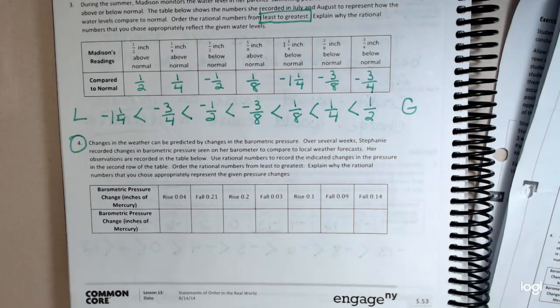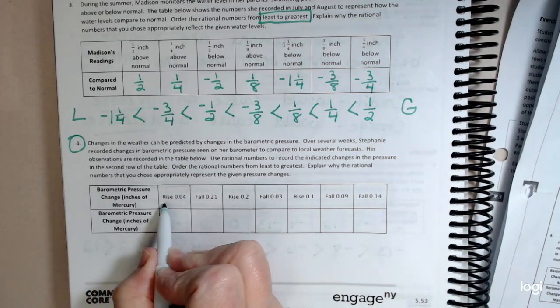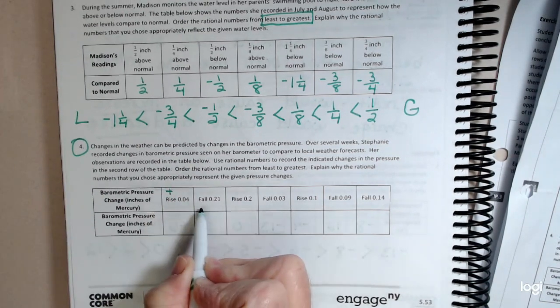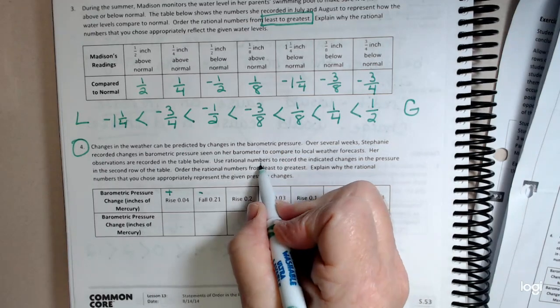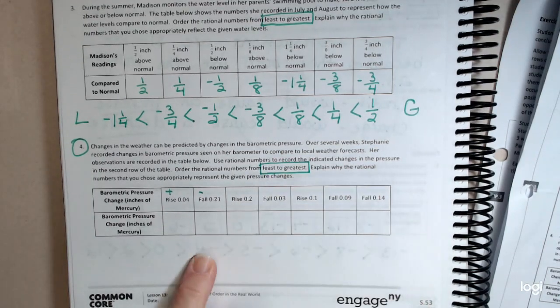Okay, so I'm going to skip problem number 4 because I'm going to actually ask you to do that for your homework. I am going to tell you that a rise is a positive number and a fall is a negative number, so you'll write them in here. And then the other thing I'm going to tell you is that when you do your inequality, make sure you do it from least to greatest. Okay, so this will be part of your